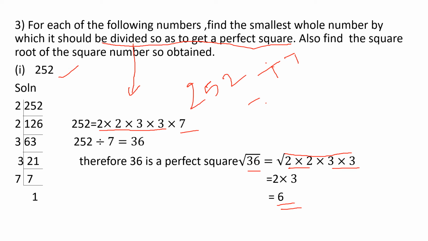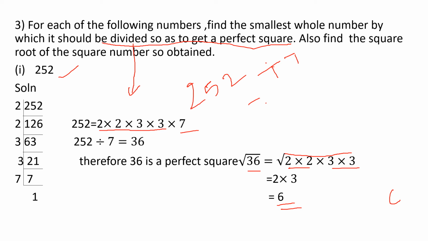Is it clear, children? If you have any doubt, after doing the square root, you are getting the value, and if you have any doubt whether you got the right answer or not, just multiply and see. Here 6 is a small number, so you know the table. 6 sixes are 36. If it's a bigger number like the previous example 42, just multiply and see whether you are getting the number or not. Okay, is it clear, children?